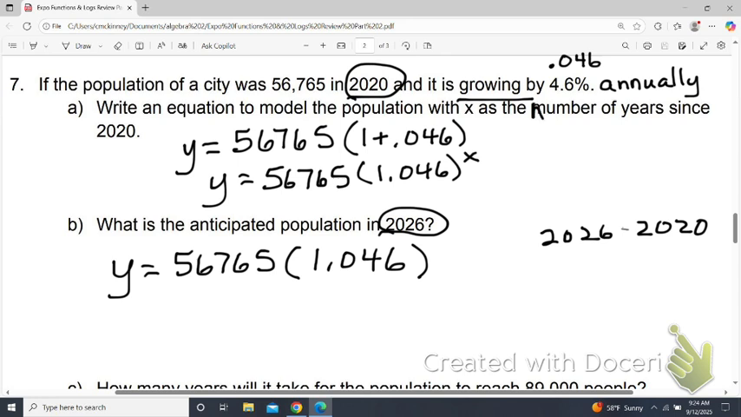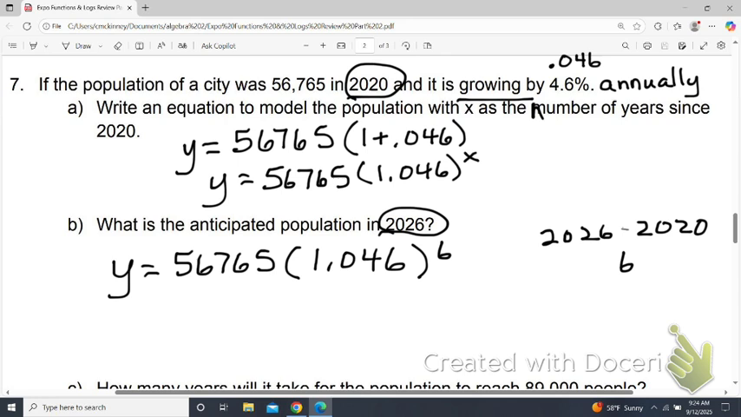Number with an N, number of years since, so 6. So please do not put 2026 as the exponent. You will get a crazy, ridiculously large number that won't be right. So I put that in my calculator